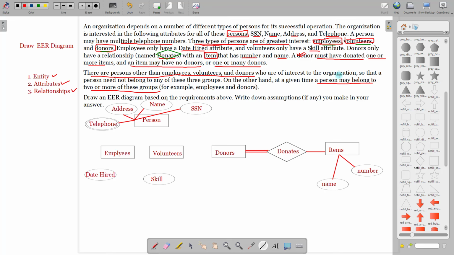And what does it say? It must have donated one or more items. That means it can donate multiple times. A donor can donate multiple times. So you can say here the cardinality will be many to many actually. So here the cardinality is m,